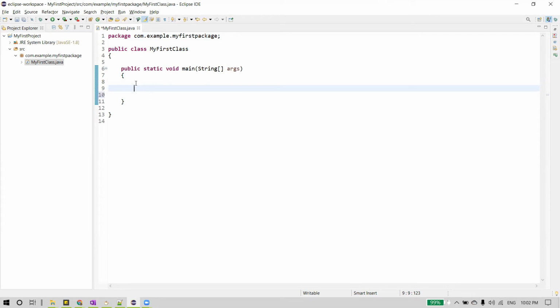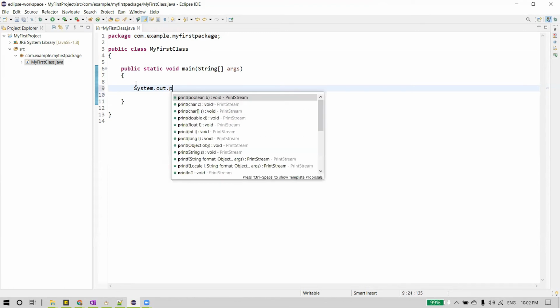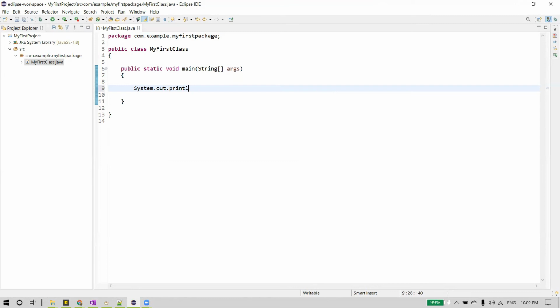Now we are going to write a simple statement, where we want to print something, to display something on the console. For that we need to write something like this: System.out.println. And within the braces we can write anything, something like, I'm done with writing my first Java program.